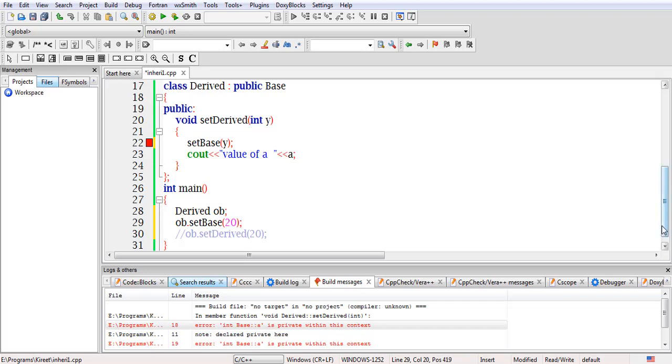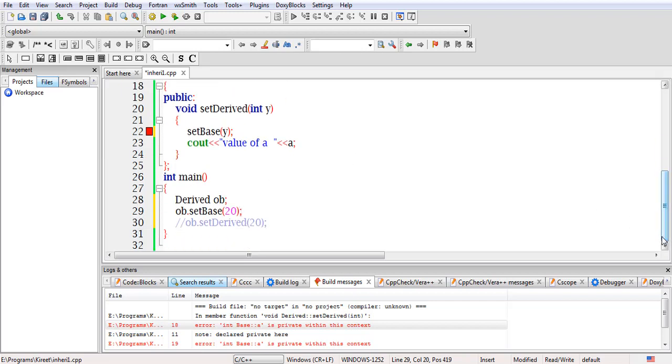Now, this ob is the object of the derived class, and we are invoking the method of the base class with the object of the derived class. What is the specifier of this particular set base?